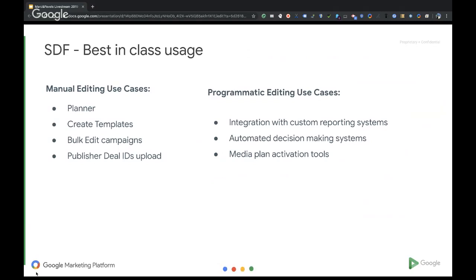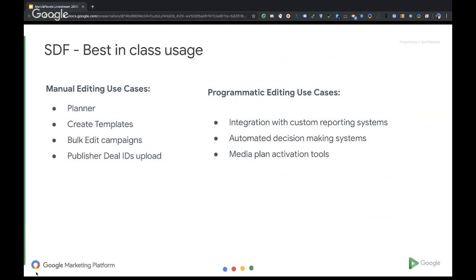You can create templates out of your most used campaigns, which will allow you, at the click of a button, to modify only the campaign-specific details without having to manually apply all of your standard targeting, such as whitelists, blacklists, etc. You can bulk edit campaigns, as I've shown in the short demo. If you need to optimize multiple campaigns, or simply change the creative assets, you don't have to go into campaigns one by one. You can simply download the SDF for all the line items you need to modify